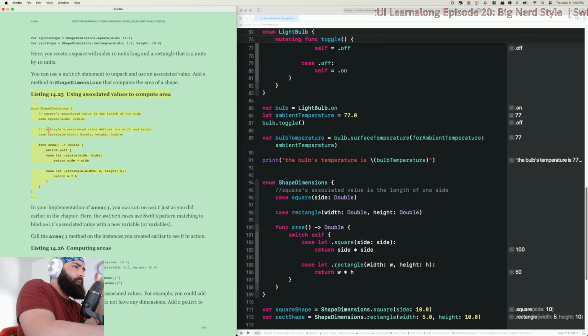So if you want to let the end user, say we're transforming data, import a certain file format, each of these cases could be a file format, and then inside the enum, write functions that do the appropriate transformations against that standardized format. Just like the calculation for an area for certain shapes is standard.